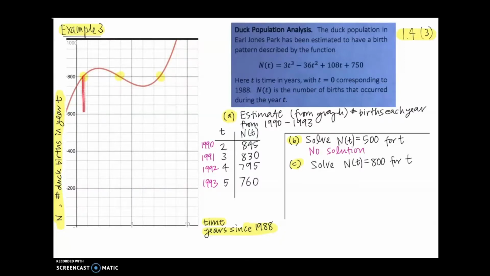So right here, let's see, that's probably like, if this is 1, that's probably like when t equals, I don't know, maybe 0.6. So t equals 0.6 it happens, and then it happens again right here, really close to t equals 4. So we'll say a good estimate is t equals 4. And then it happens again right here, and that would be 5, 6, 7, maybe 7.5. So 3 times the duck population gets to be 800,